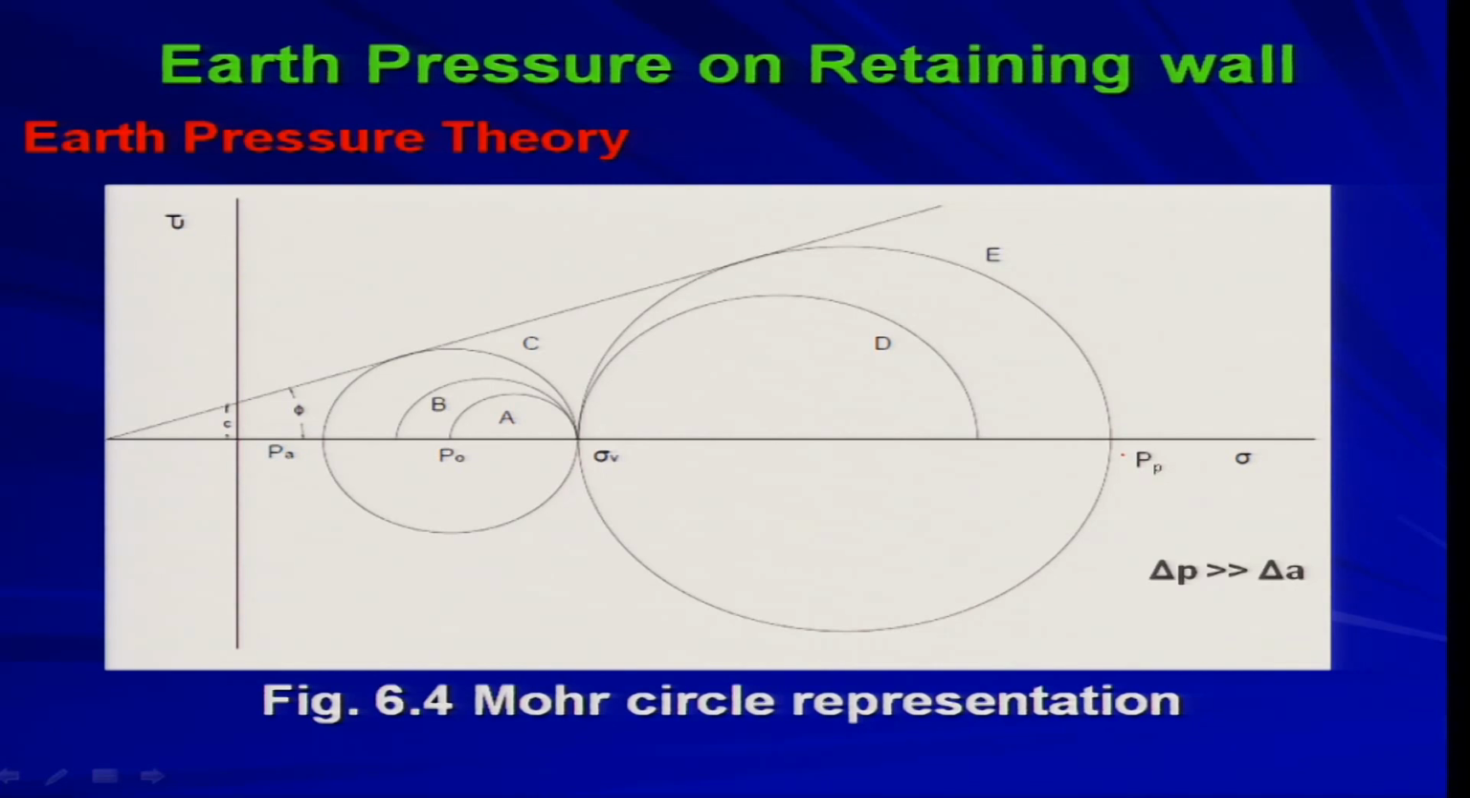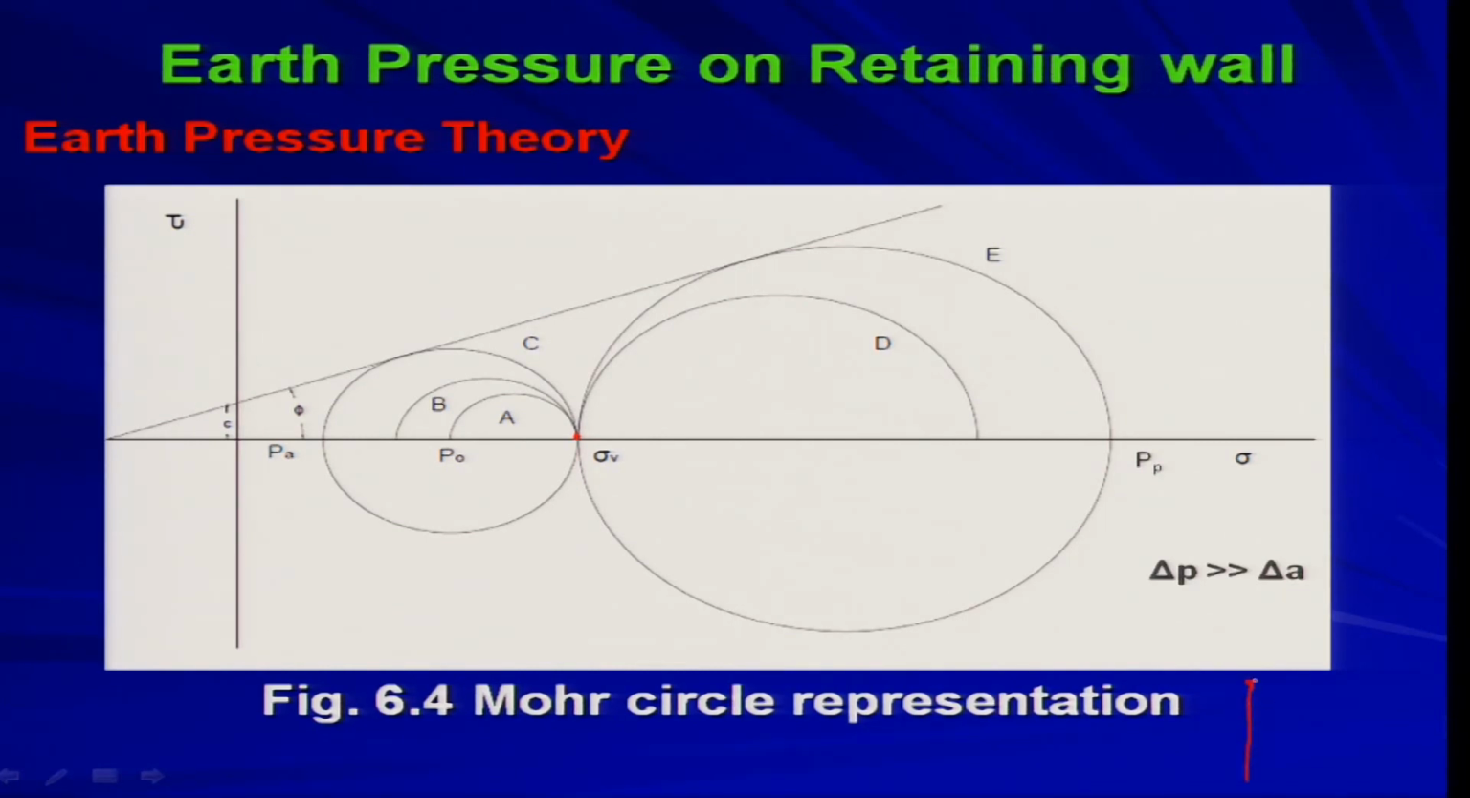Now, this is the Mohr cycle representation. What is happening here? At any situation, say at rest condition, which we are considering, this is nothing but sigma v. Now, what is sigma v? That is the vertical stress on any